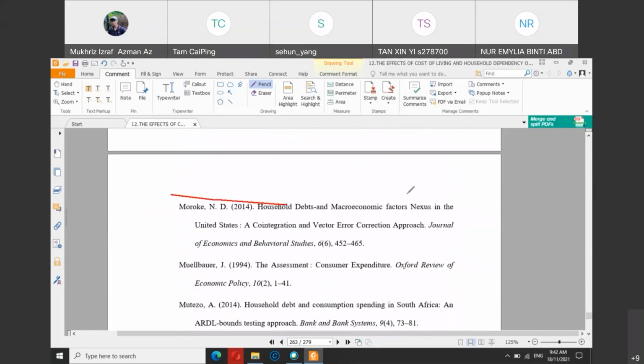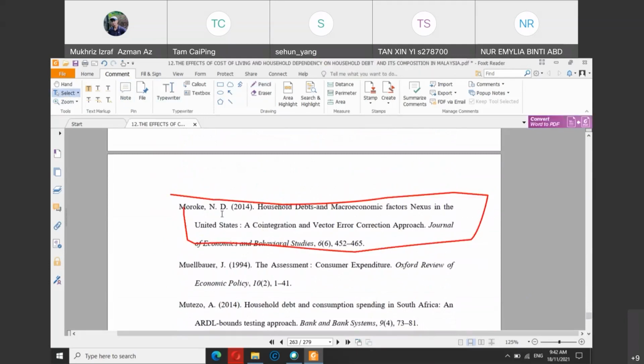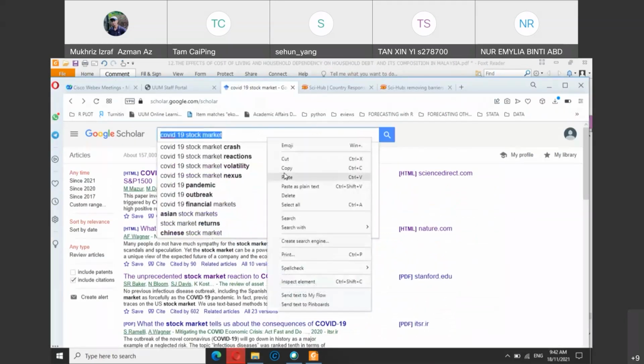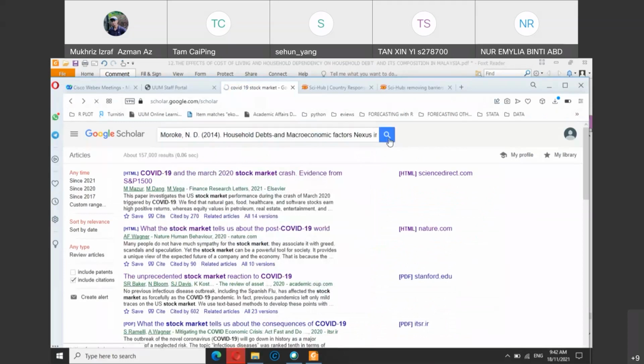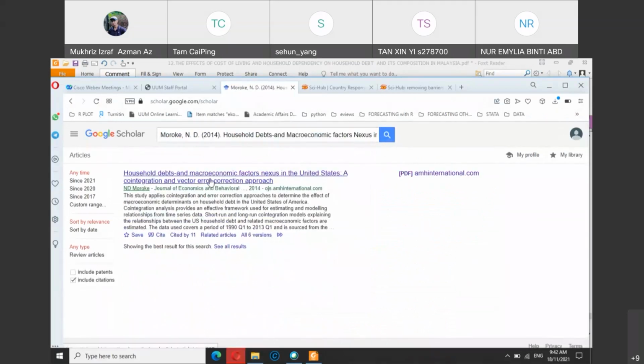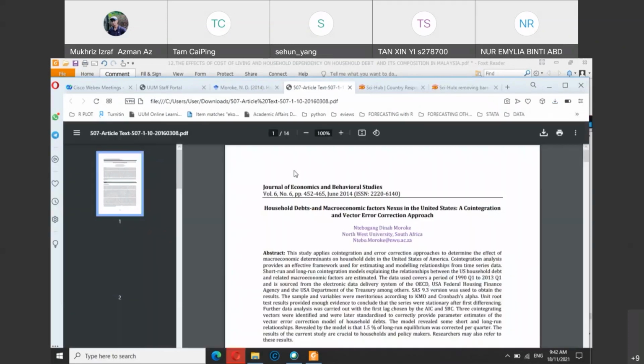So the best way is actually to download this paper, because you can use Sci-Hub to extract the article. Copy and paste that reference and paste it in Google Scholar, and most of the time you will be able to get the article. Like this one is directly available for download. So this is the original article by Moroki 2014.